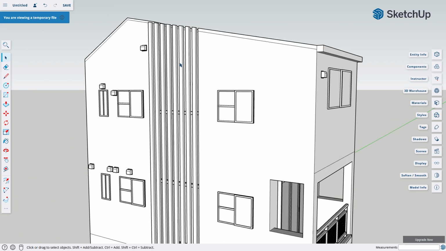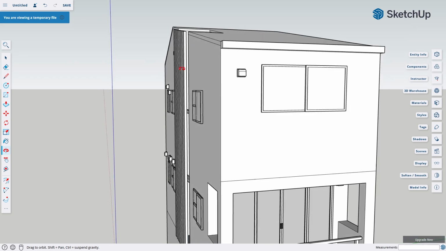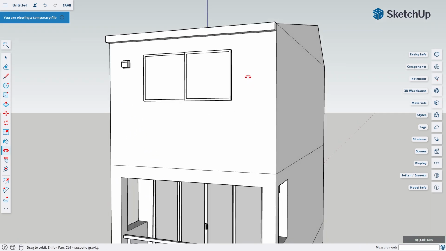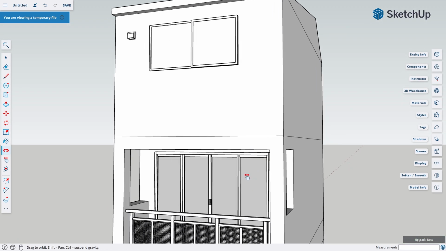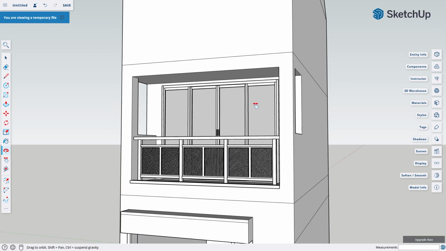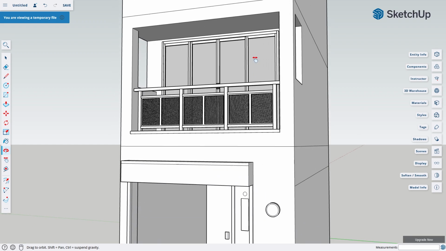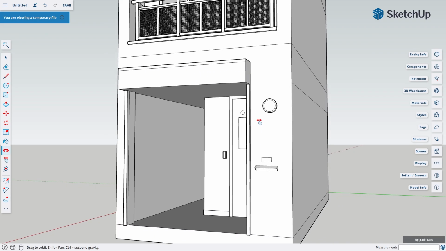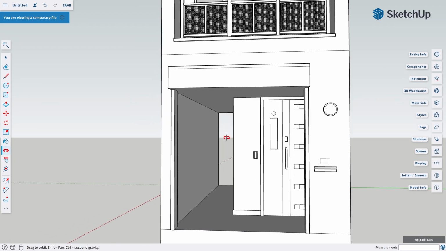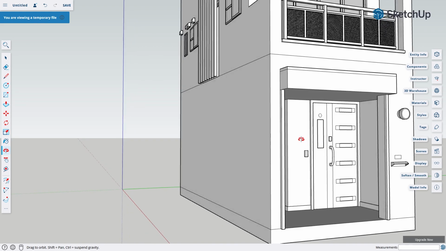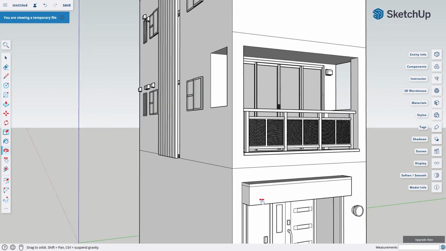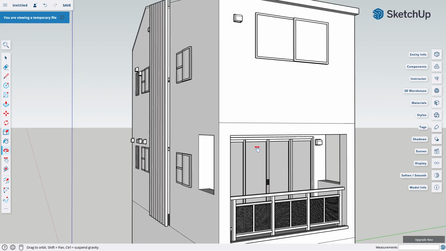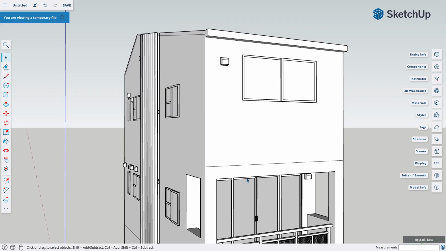Whatever you do with it, feel free to share it with me on Discord. I'd love to see it. I know this house doesn't look exactly the same as the reference in terms of size and proportion, but I guess that's fine for now since the goal of this video is to teach you how to get started with modeling using SketchUp, which I hope you learned a lot from. We can dive deeper into making an accurate model in a different video. But for now, this is how you can create a 3D model for your anime illustration.